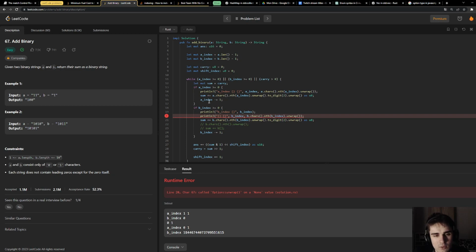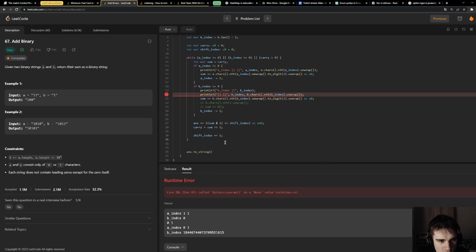Even if I decrement outside of the if blocks, it should still not be caught here. Like it should not pass because... Okay, that's probably why, actually.